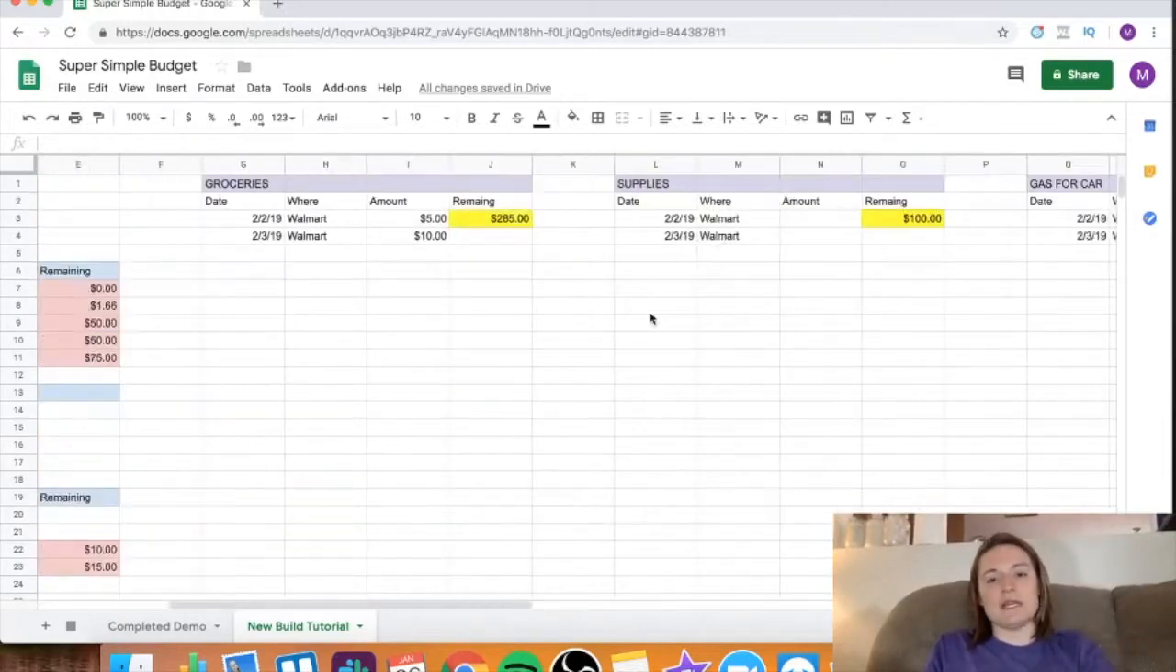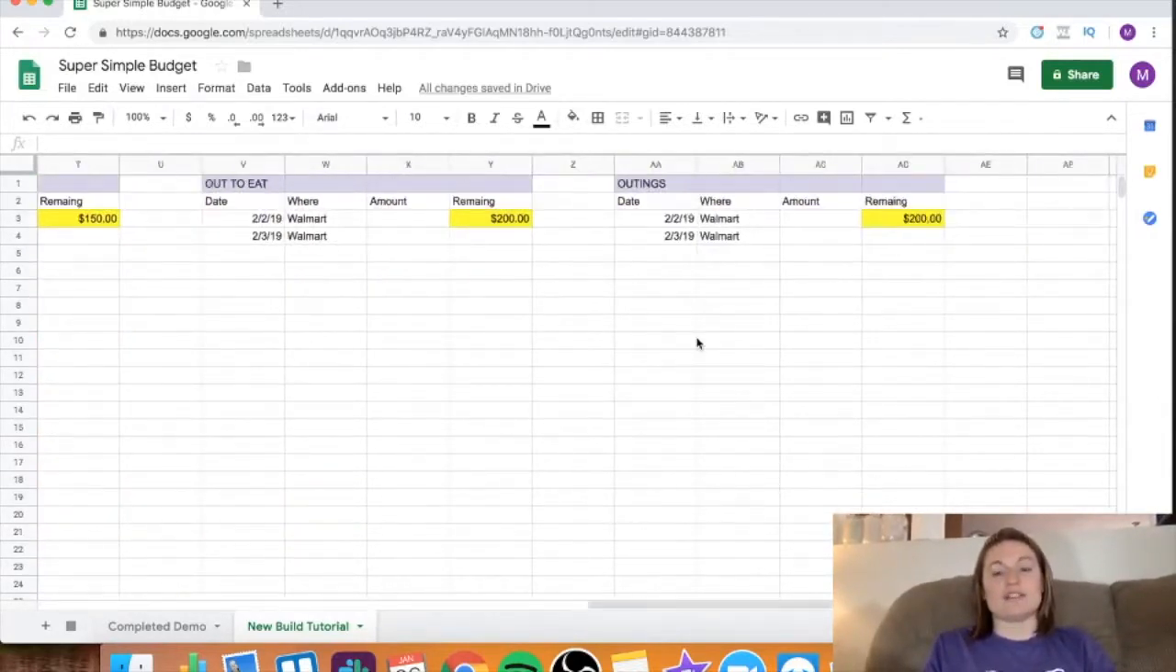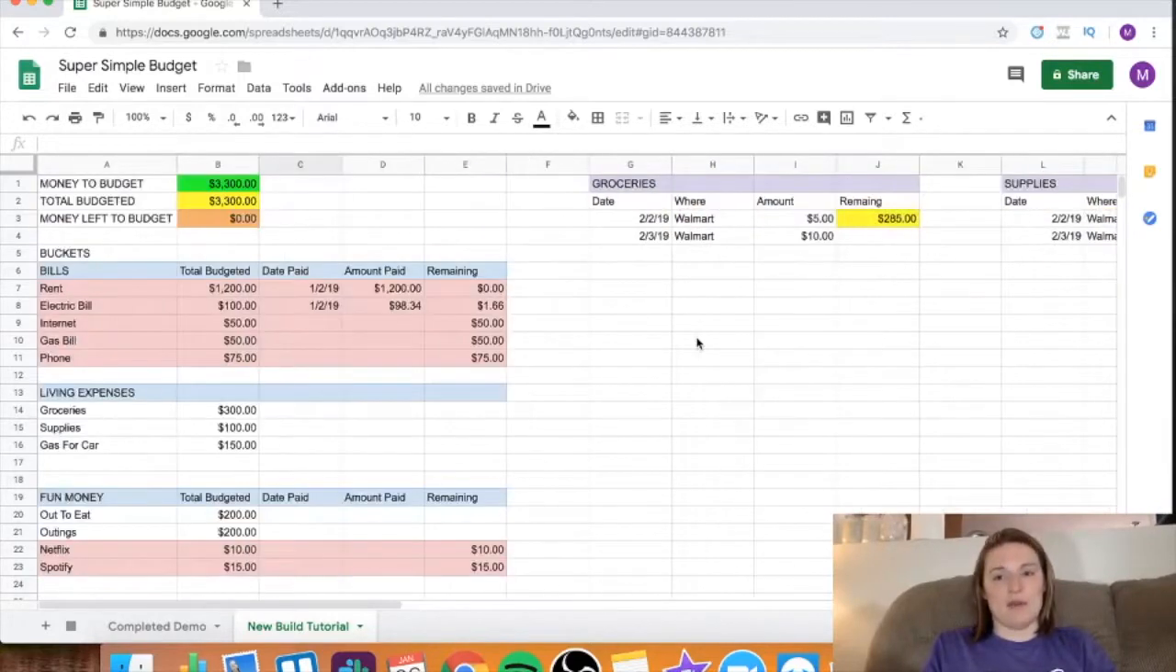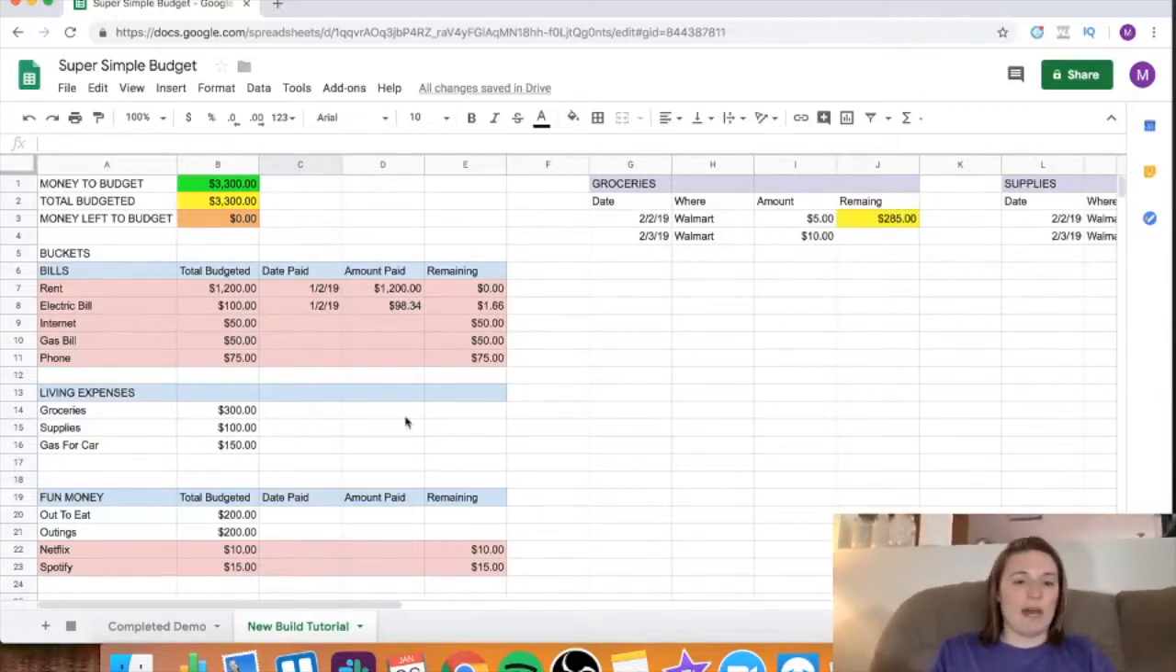So we only need these columns right here for the categories that you are spending from throughout the month, okay? Like I said, these might change for you based on your situation, but you can add and take away as much as you want since you know the formula, okay? Now that we have all of these, a couple more things that we need to add just to complete